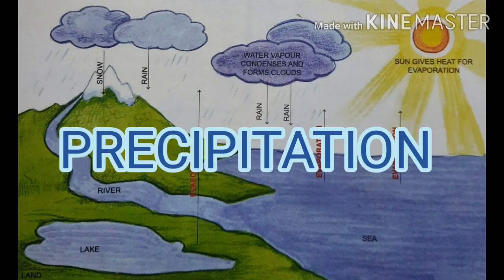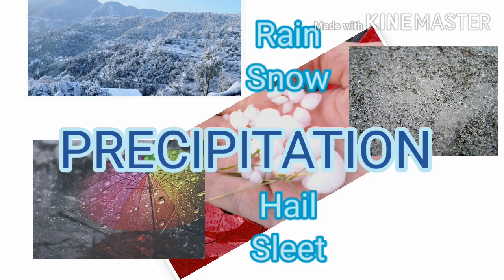In smaller classes, we have learned about the process of precipitation. After evaporation and condensation, precipitation occurs. Water vapor from the water bodies condenses to form tiny particles of water. These water droplets form larger particles which join to form clouds. When clouds become too heavy and cannot remain suspended in the air, they come down as precipitation. Precipitation occurs in different forms.